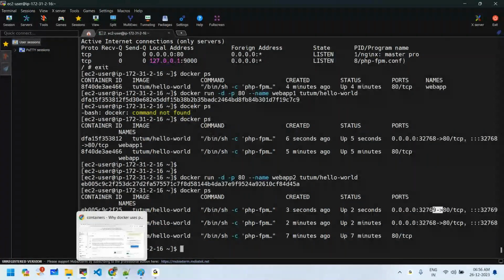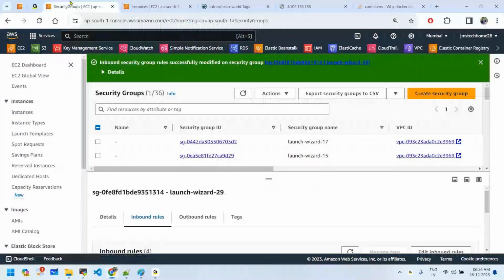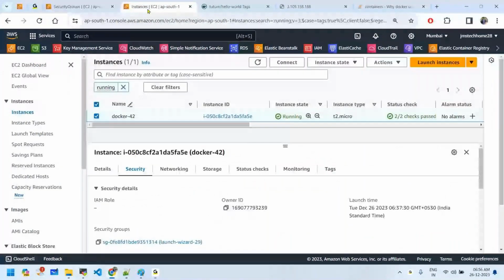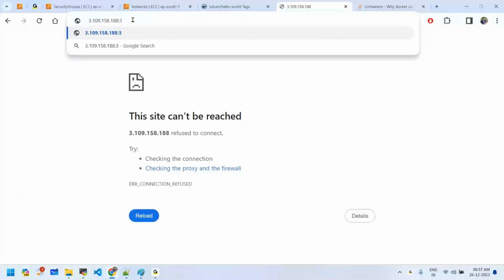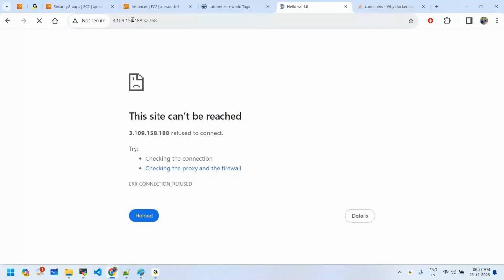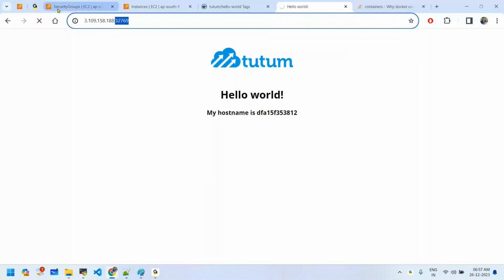So let's access that application now. Right now, the port is already open. Let's go to that IP address and 32,768. This is the application we deployed, the hello world application. It was deployed. And 69 also we can access if it's open, but because the port is not open, you can't access it. Now, once you open the security group